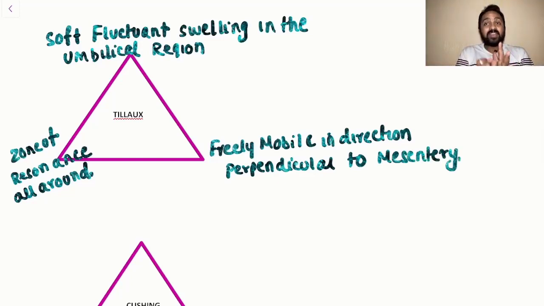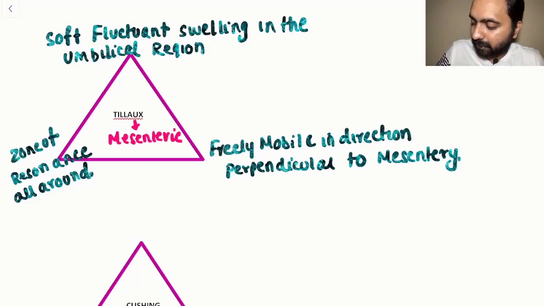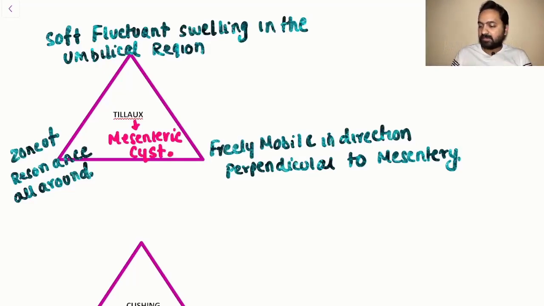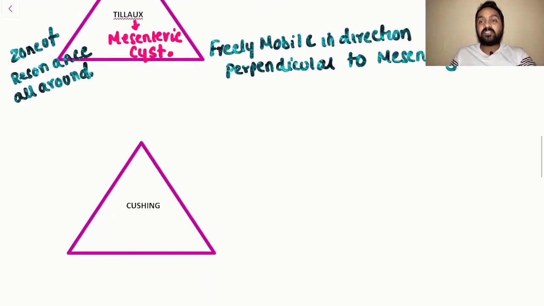So if you get a clinical scenario with these features as hints, it is Tilloch's triad, and they are hinting you to the diagnosis of mesenteric cyst, right? So now let's move on to the next, this Cushing triad, a triad where we cannot make a